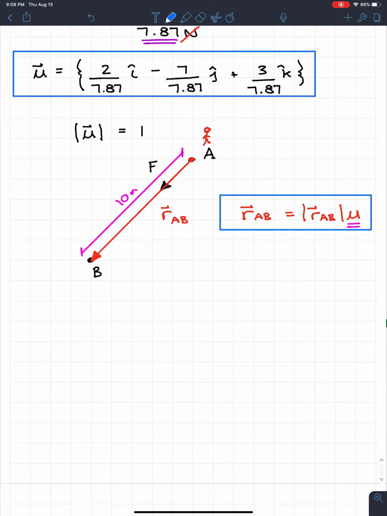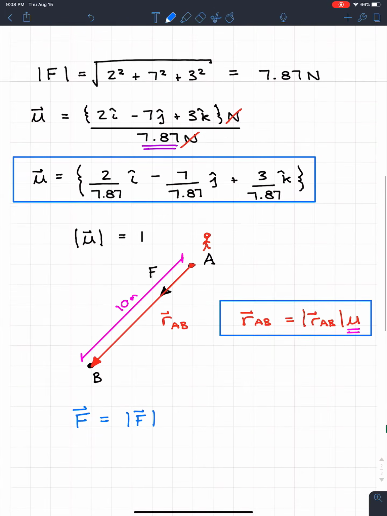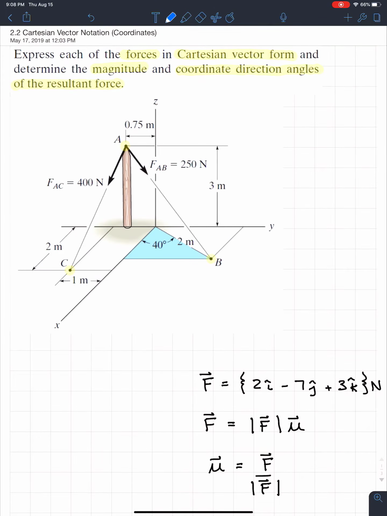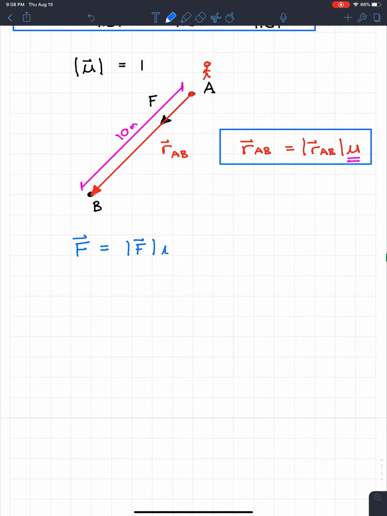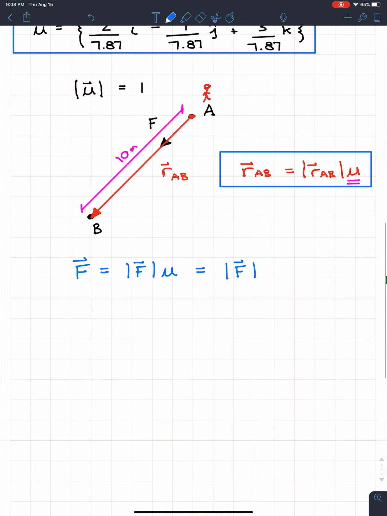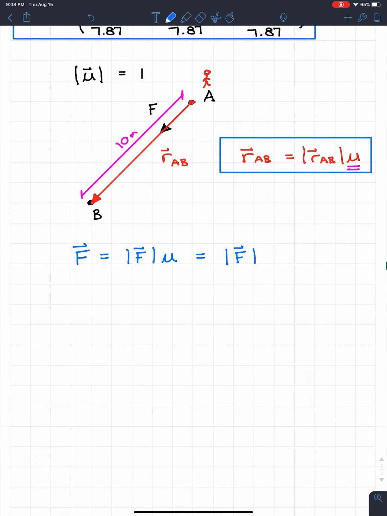Because our force vector, which is often what we're trying to solve for, is equal to the magnitude of the force vector, which we're often given (for example, in this question those magnitudes are 400 and 250), times a unit vector. And that unit vector is the same unit vector here. We can substitute this in, so it's equal to the magnitude of the force times RAB